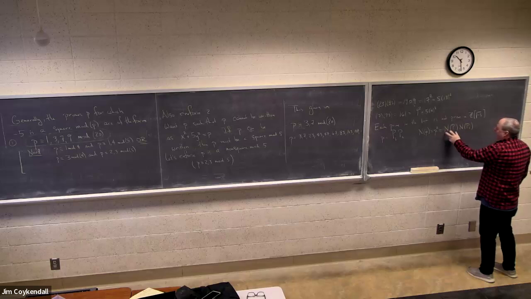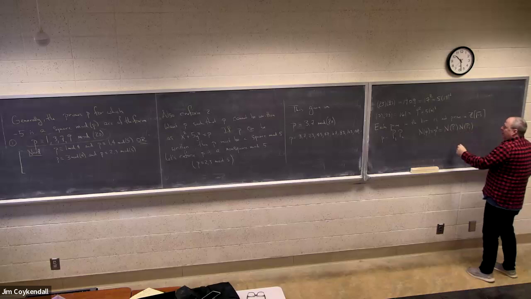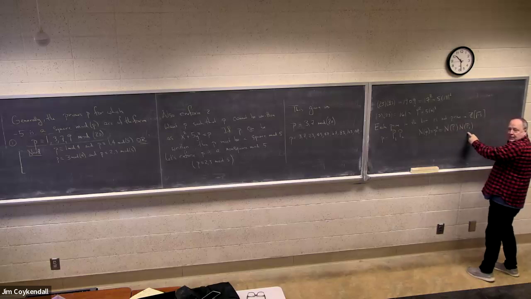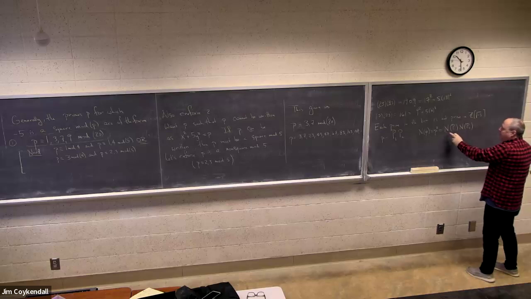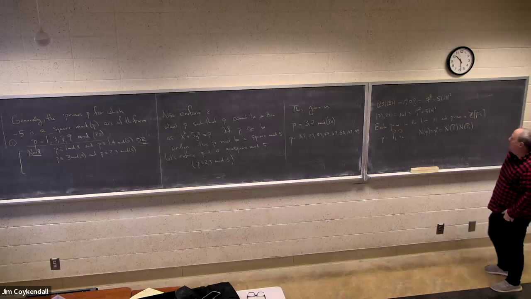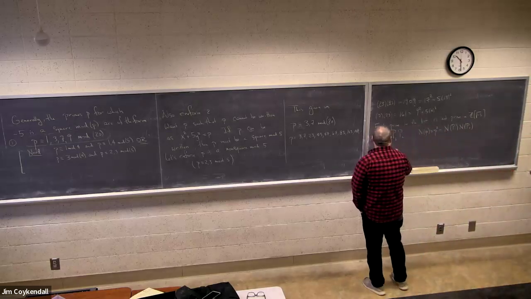Well, if the product of these two has to be P squared, and they're both integers, they both have to be P. The only other alternative is 1 and P squared, but it turns out that, just like with an element, if the norm of an ideal is 1, that means the ideal is the whole ring, which is not the case here. So if you take 2 of these things,